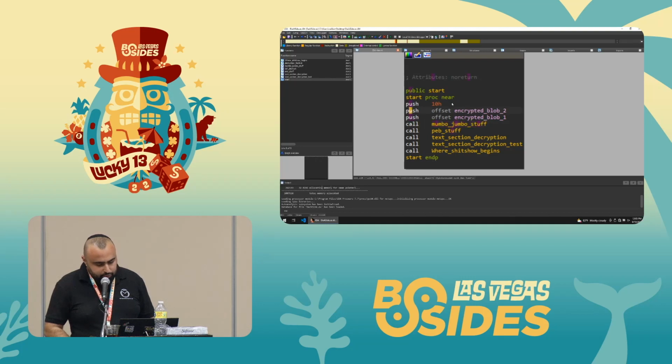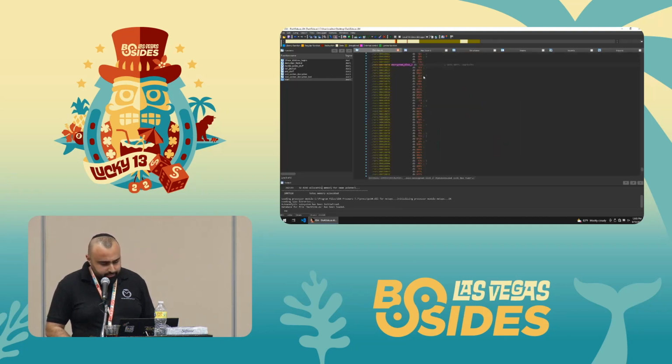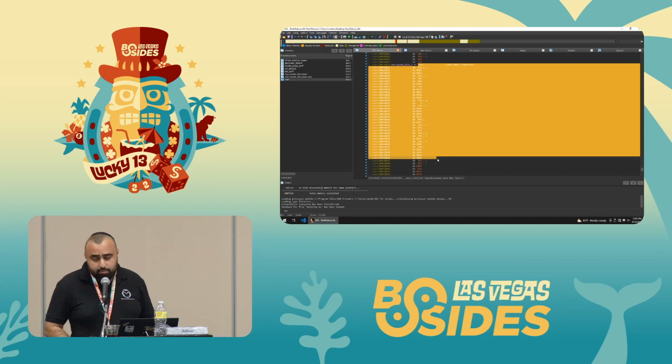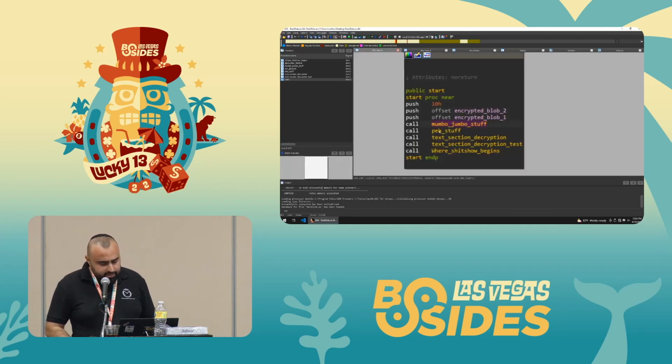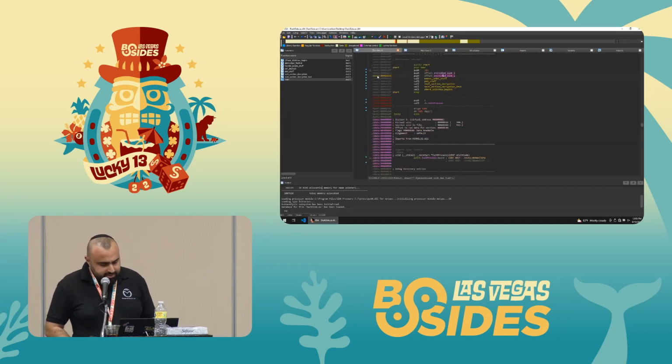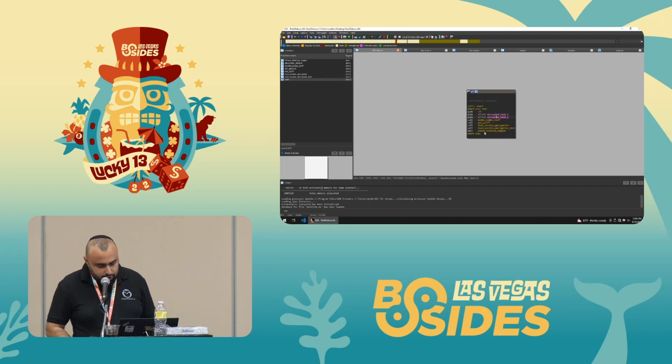So you have here basically two parameters, which are basically an encrypted blob. You have basically an encrypted mumbo jumbo stuff here. And this call will do something, then do another something, and eventually go and decrypt those encrypted blobs. Now, if I hit space here, I'll see that the actual code here is under the text1 section that we saw, which is not very normal. And eventually, if I go here to this call where the show begins, where the ransomware actually starts to encrypt your computer,